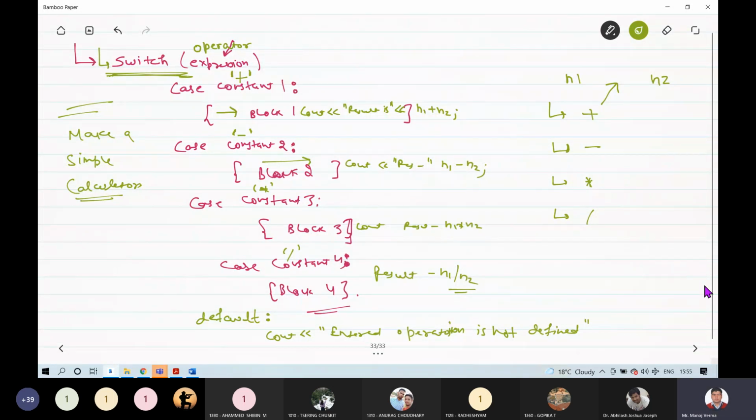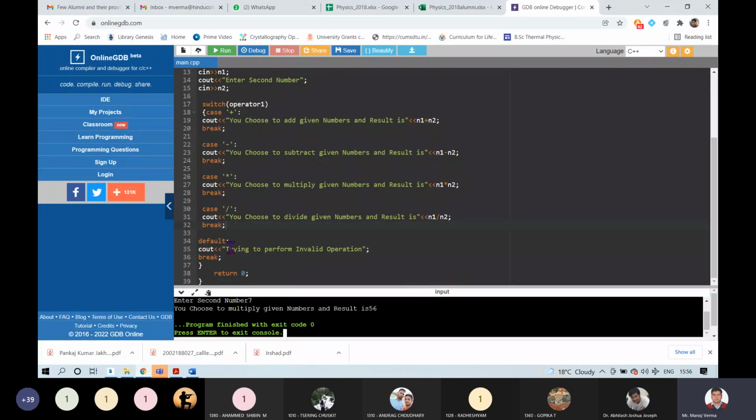I will give a value to this switch variable, to this switch, and depending on the value of this variable which I am assigning to switch, the compiler will go to a particular case. The compiler will go to a particular case, and after performing the block of that case, the compiler will come outside the switch operator. Okay, we had not seen the functioning of this default.